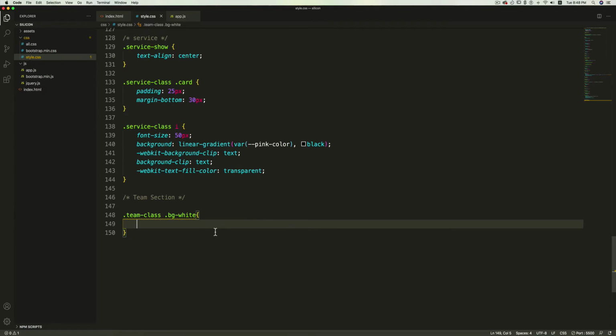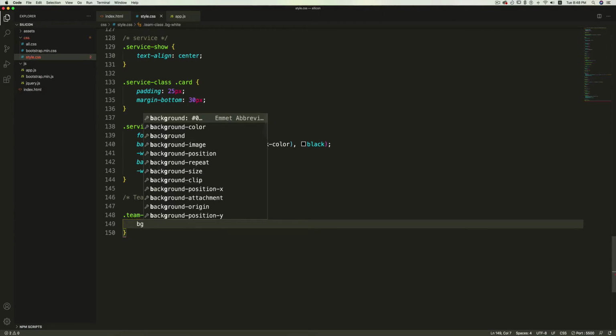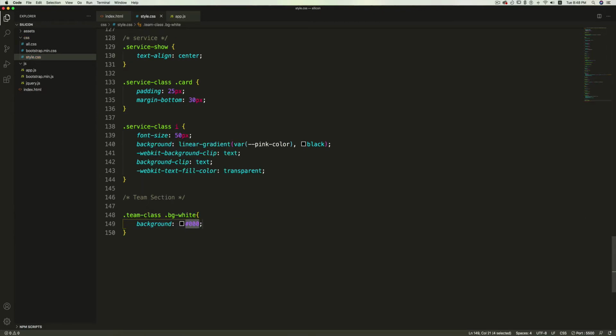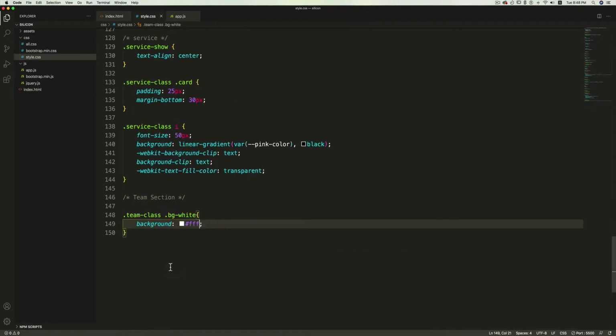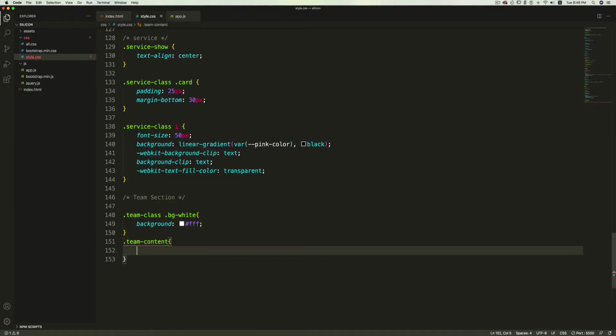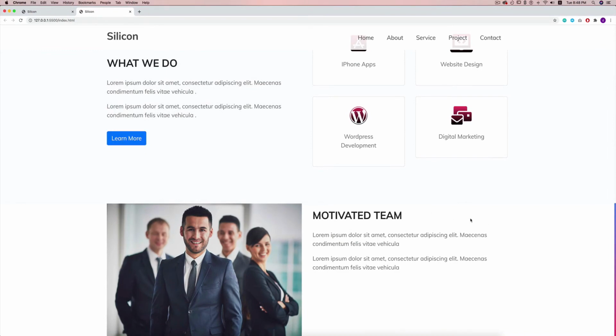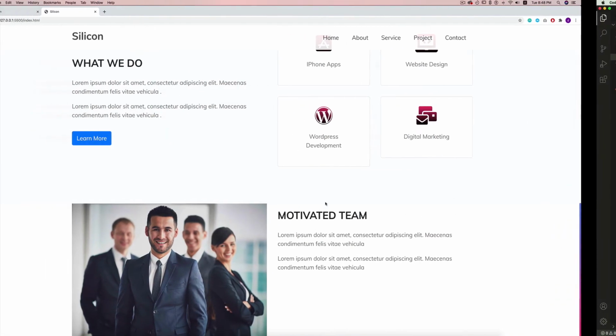Since the body has a different color, I'm going to set the background for this section to be white. So hash FFF. Now after this, I'm going to add a padding to this section. So I'll add a class here, team content, and I'm going to copy this class and then target it, then add a padding all around 15 pixel. So let's see. So we have the white background, and the padding 15 pixel.